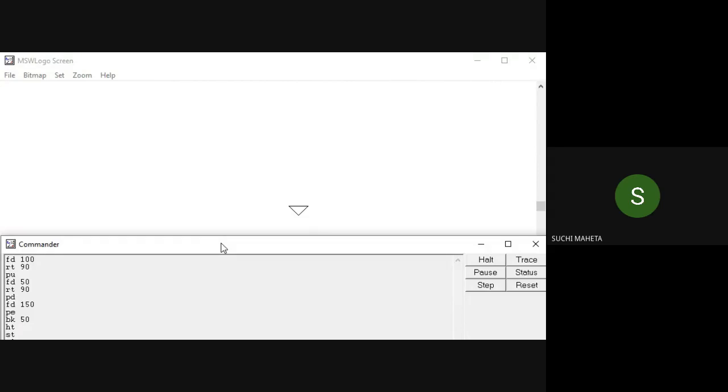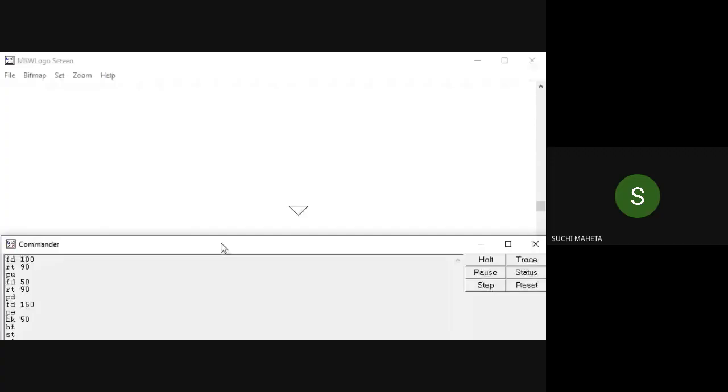Now I have done clean. So what happened here? My screen is clean, but the turtle has remained in the last position. Wherever the turtle was, it has remained there. But instead of clean, if I had used CS, the whole main screen is cleared and the turtle will come to its home position. That is a small difference. Whenever I use the clean command, the main screen will be erased, the shape will be erased, but the turtle will remain wherever the last position is.